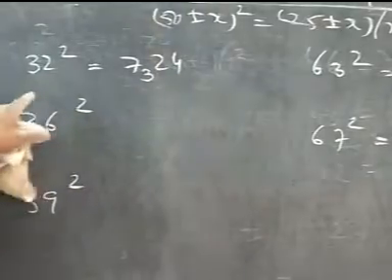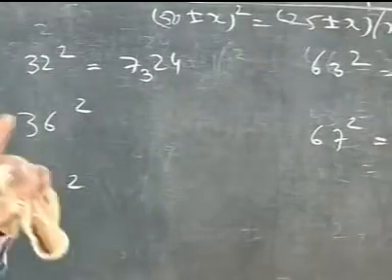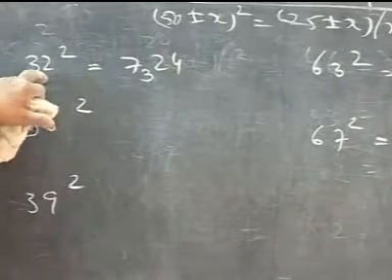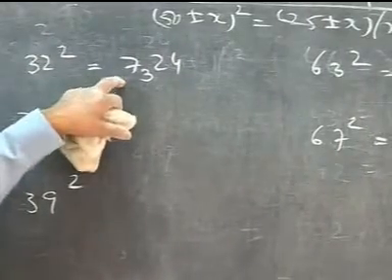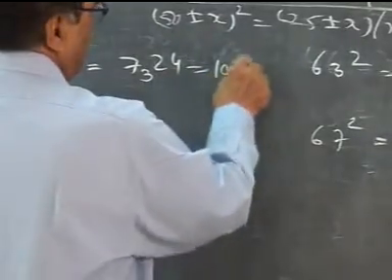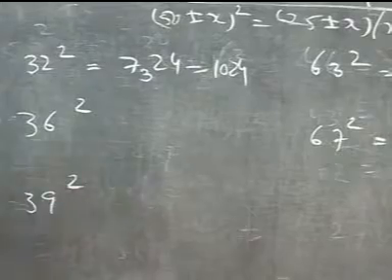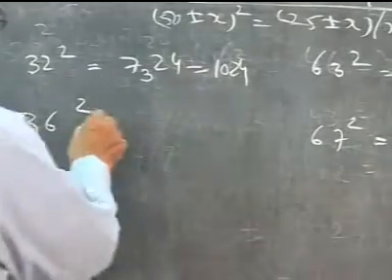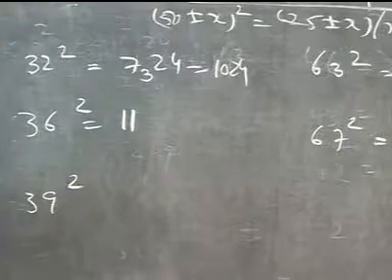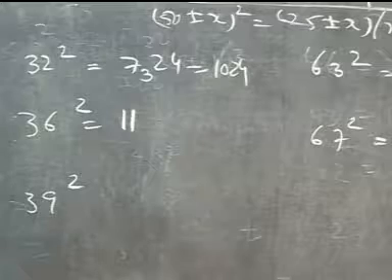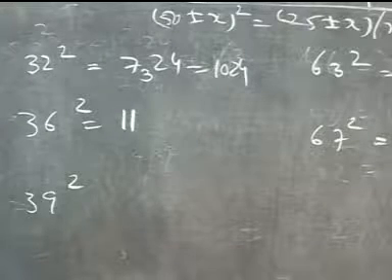Try to understand this. See, everything is going on orally. You can say 18 less. So 25 minus 18 is 7. 18 square is 324. So it will be 1024. Same way here. It is 14 less. So it will be 11. 14 square.